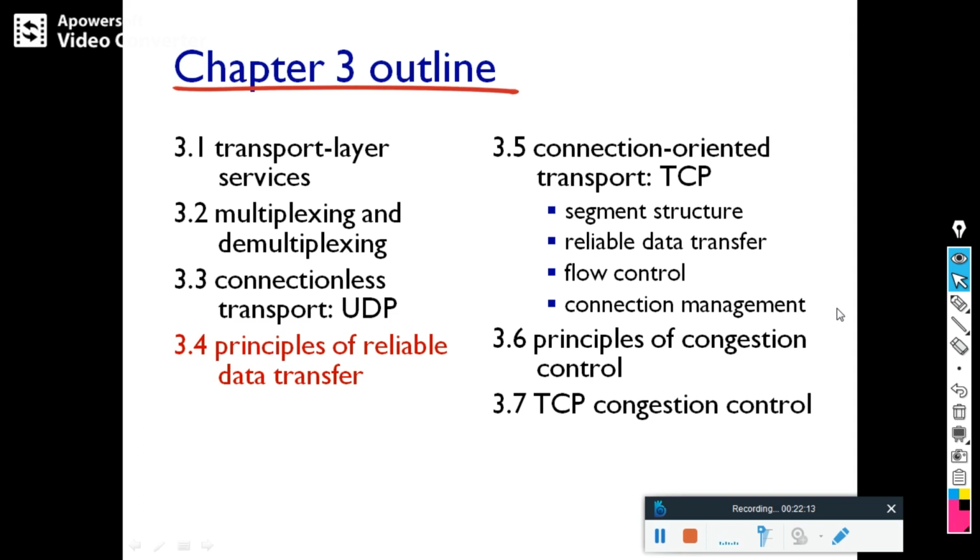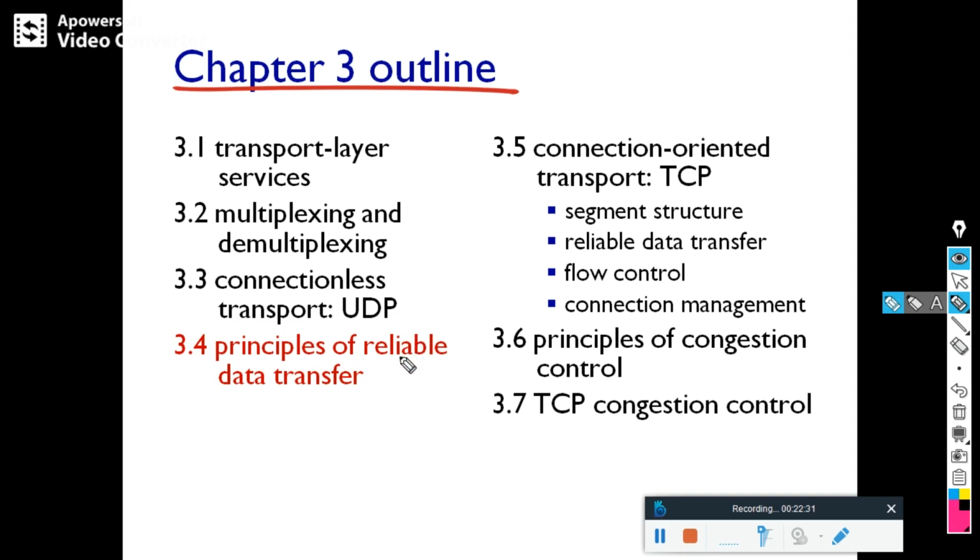So next, we are moving towards the very important principles of reliable transfer. Reliable transfer, then connection oriented transfer protocol, then congestion control, all these things we will talk about from now onwards in the next session.